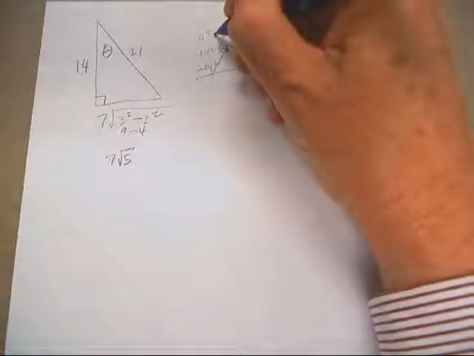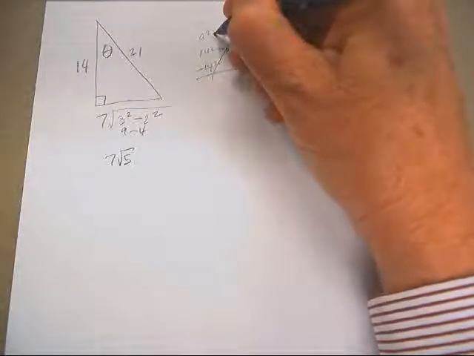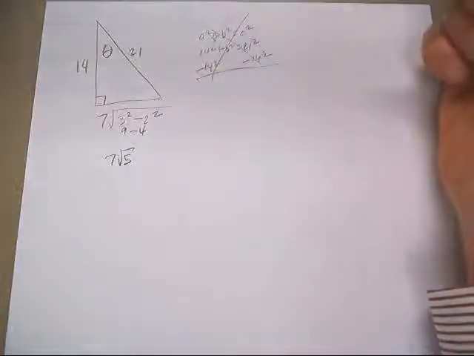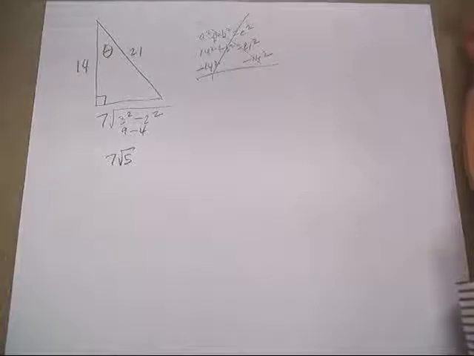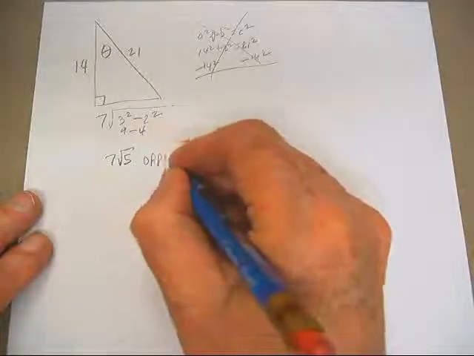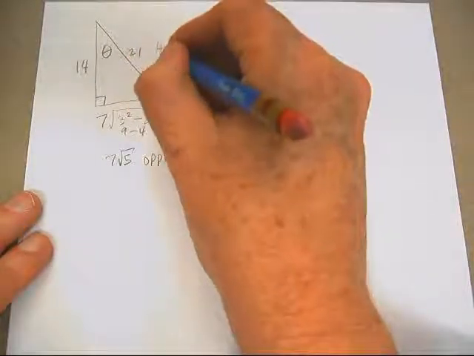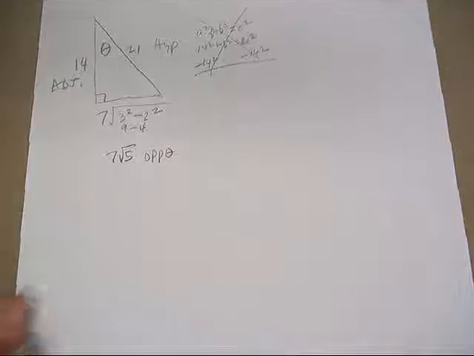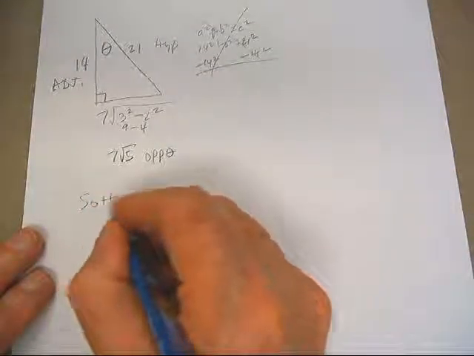Look, what kind of sign is that right there? It's a plus. But as soon as we give you one of them, we got to subtract it. So just make sure you subtract on one like this. Okay? This is opposite theta, hypotenuse, adjacent. So let's write Sohcahtoa,